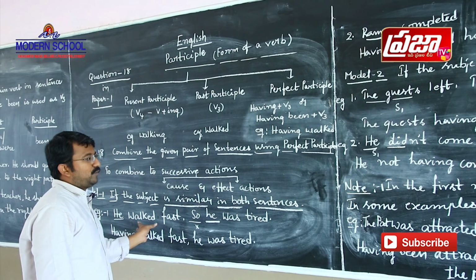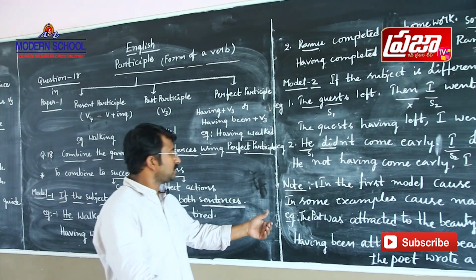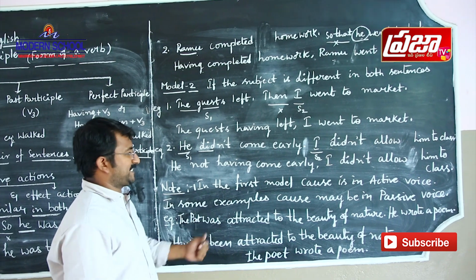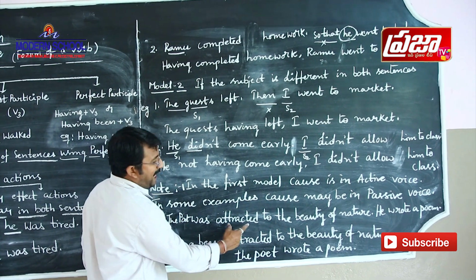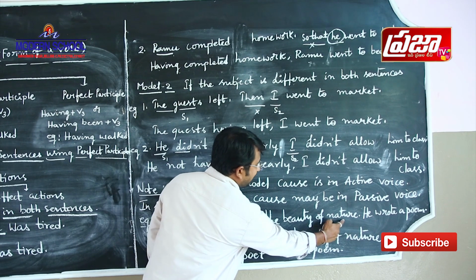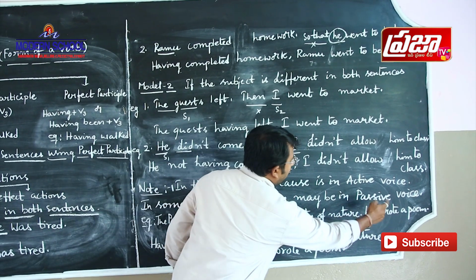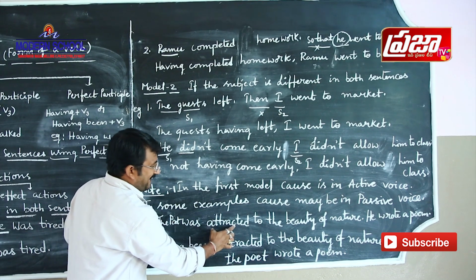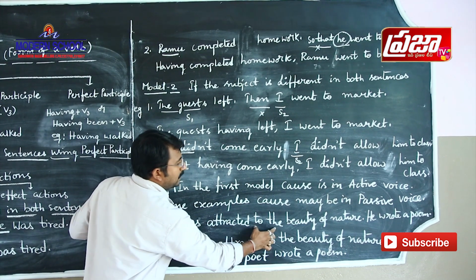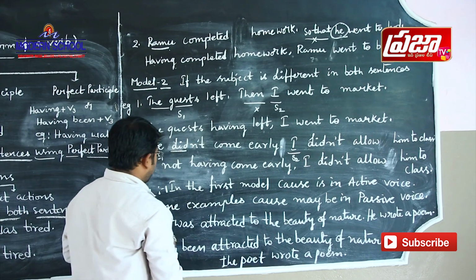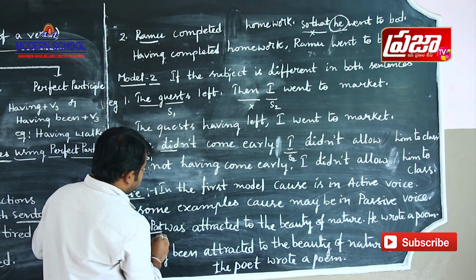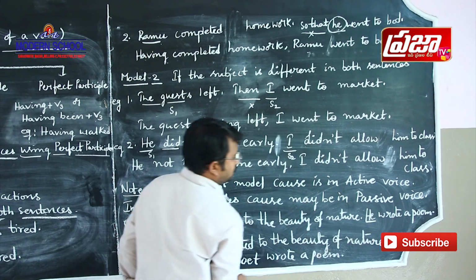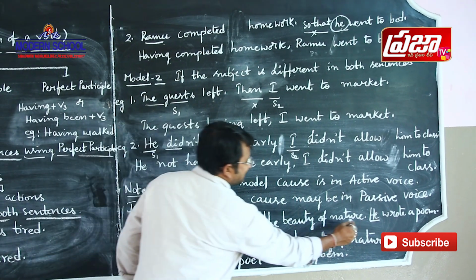If it is in passive voice, what to do? So here I have taken an example to explain that. See, the poet was attracted to the beauty of nature. He wrote a poem. If you take it, poet is the subject here, and if you take this sentence, he is the subject. So here the subject is similar,